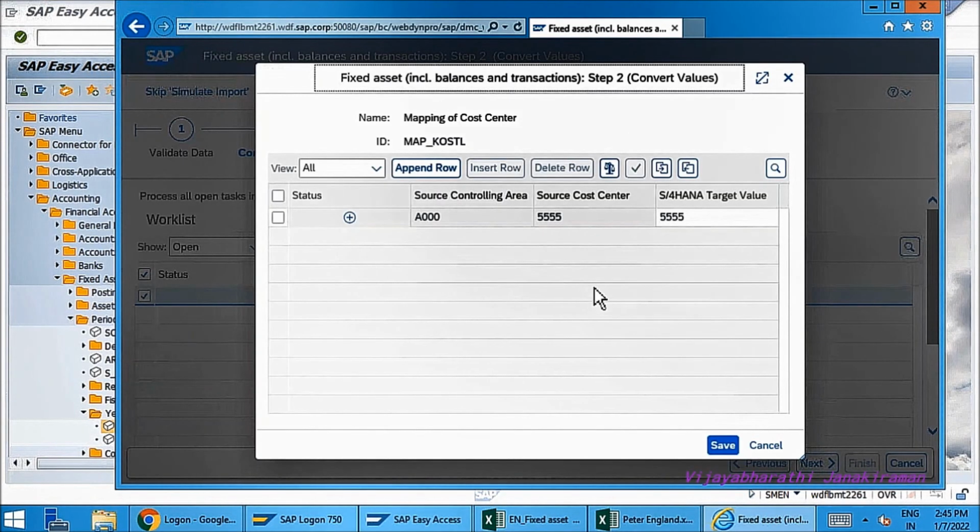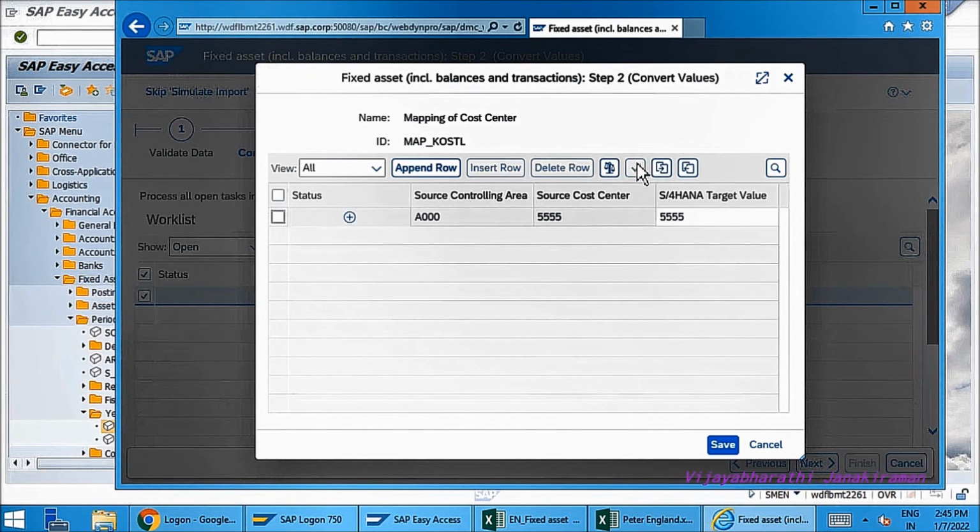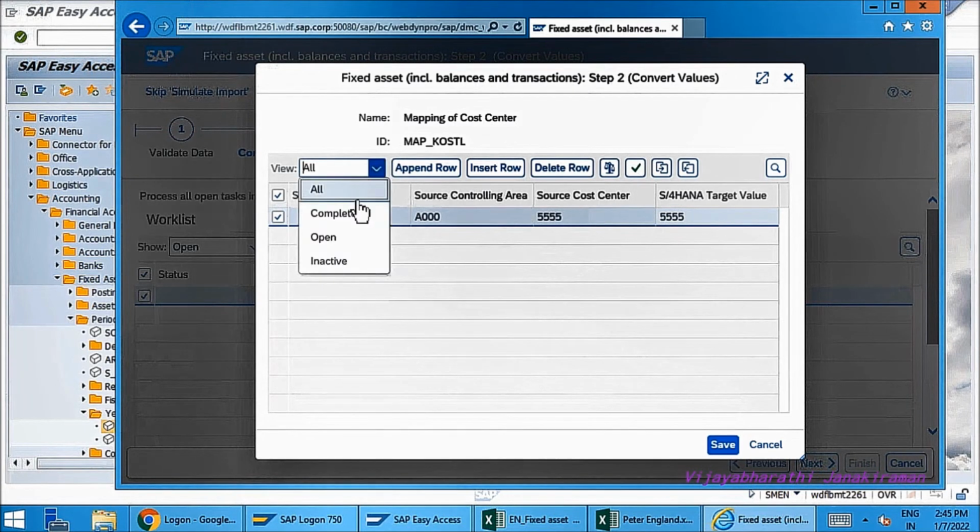So this is just that the system wants you to confirm if the source and the target cost centers are fine. You just have to choose that, say confirm value, set the status as completed and save.